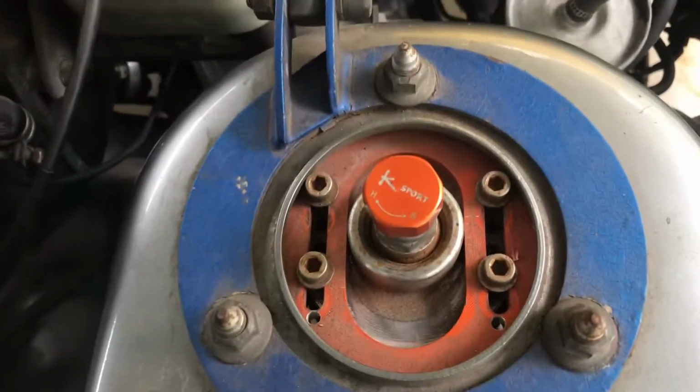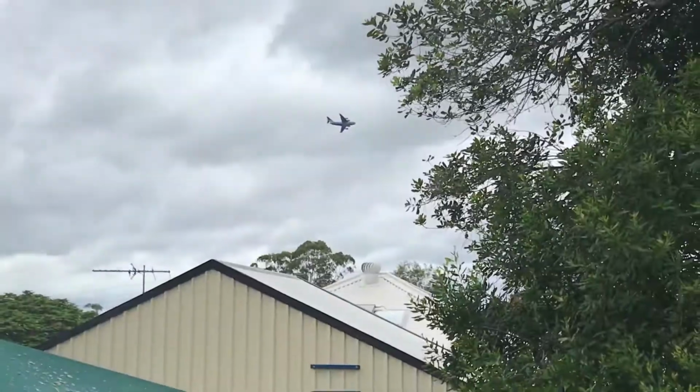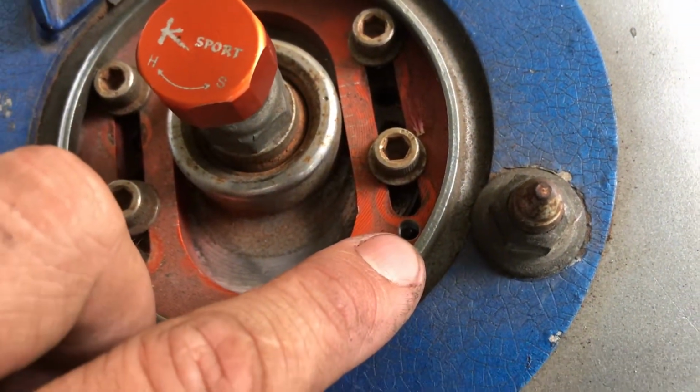Perfect. Alright, so we've pulled the camber tops way in. Forgive the Globe Master buzzing around. Where is he? There he is. Dude makes so much noise. Anyway, so we got the camber top on this side all the way in. Looks like somebody made a cheeky adjustment so you get zero camber on the